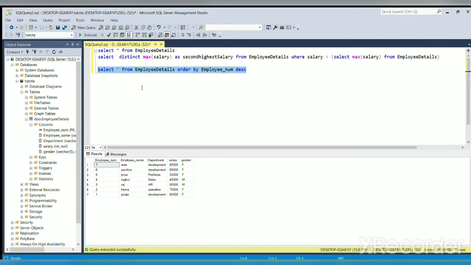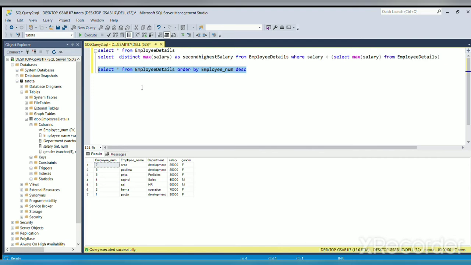There is one keyword called top in MS SQL, which will limit the number of rows to display. If we need to display the first 10 rows, we have to specify top 10. If we need the first row, top 1. If we need the first 3 rows, top 3. In MySQL, there is another keyword called limit.